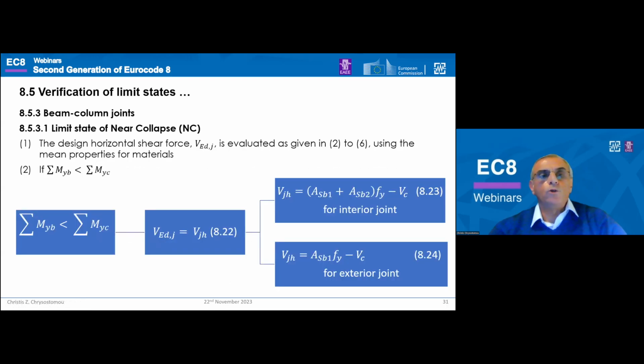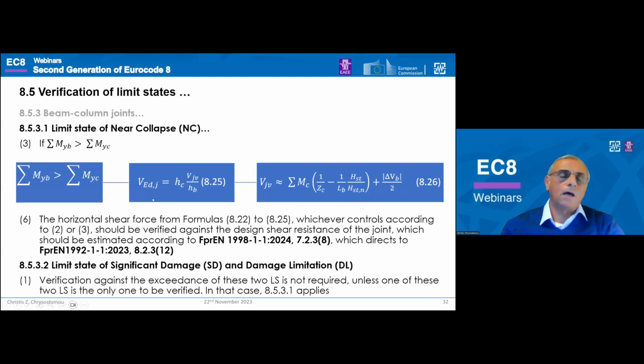For beam-column joints, for the limit state of near collapse, the design shear force is evaluated depending on whether the summation of the moments of the beams is less than the summation of the moments of the columns. In that case, two equations are given for calculating this design horizontal force, one for an interior joint and the other one for an exterior joint. And if the reverse is happening, in other words, if the summation of the beams is larger than that of the columns, then equations 8.25 and 8.26 are used to calculate the design shear, and that one is verified against the resistance,